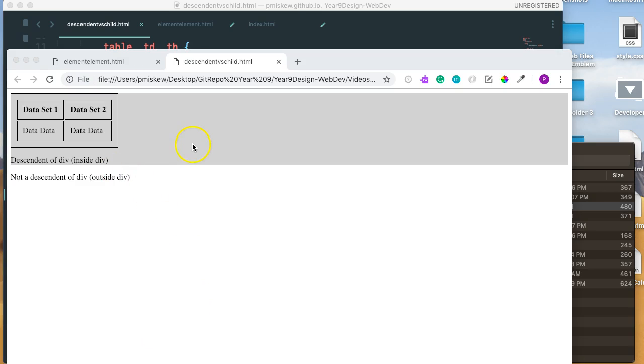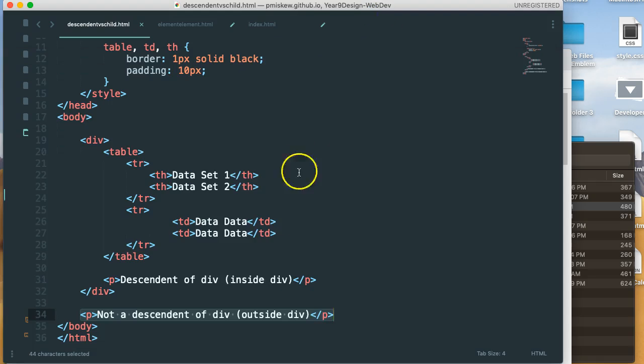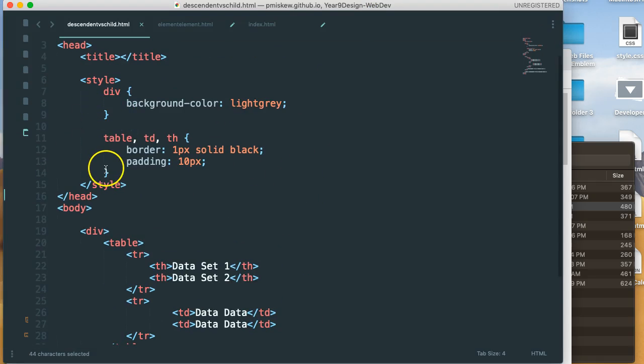written. I have a div here which I've set with a background of light gray, and inside that div is a table as well as a p tag right here. And then outside the division is another p tag. If I go and look at the code here, I have a little CSS to help define this